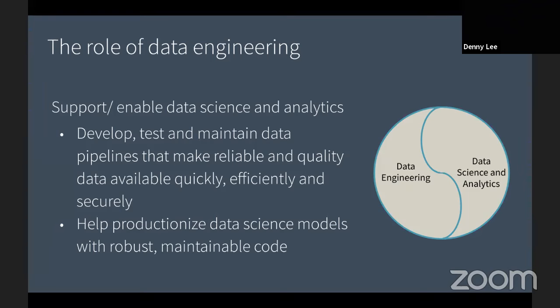For example, in one of my past lives, I was at Concur, now purchased by SAP. I had helped build up the data science engineering team. What ended up happening there was that the company had hired a lot of data scientists first. Really smart people, but they're all using a disparate set of tools, right?